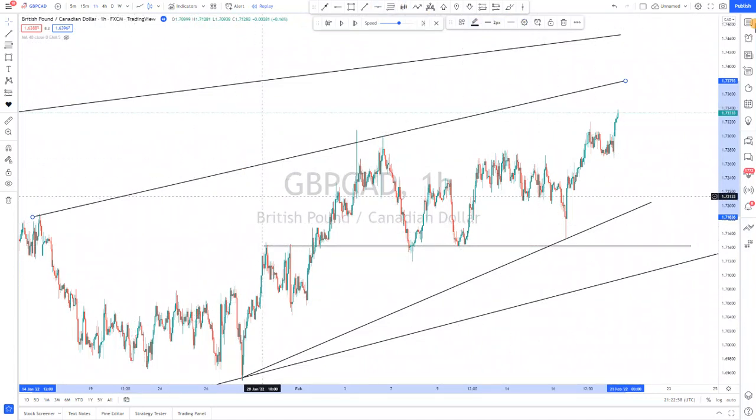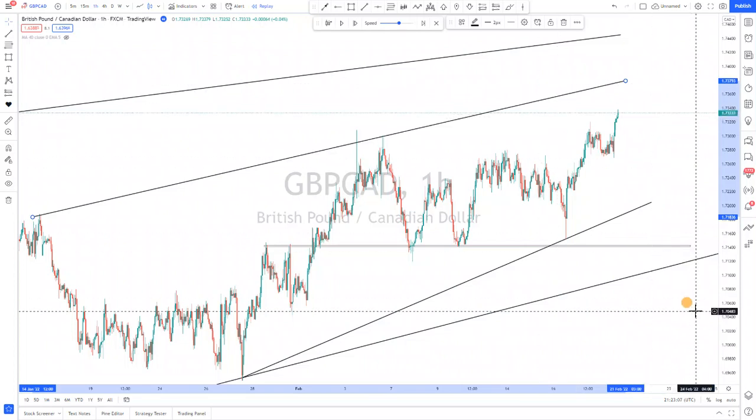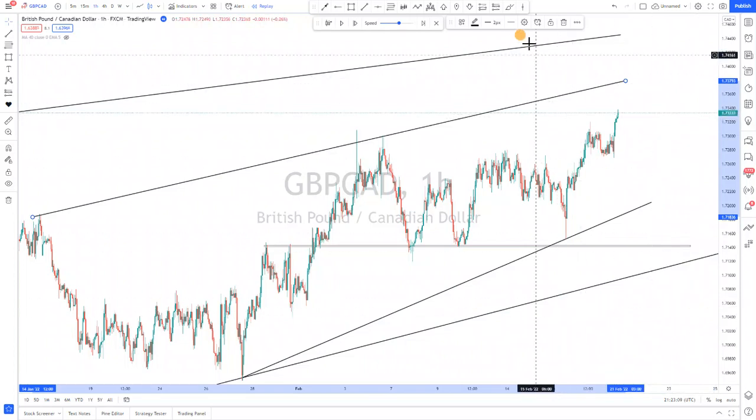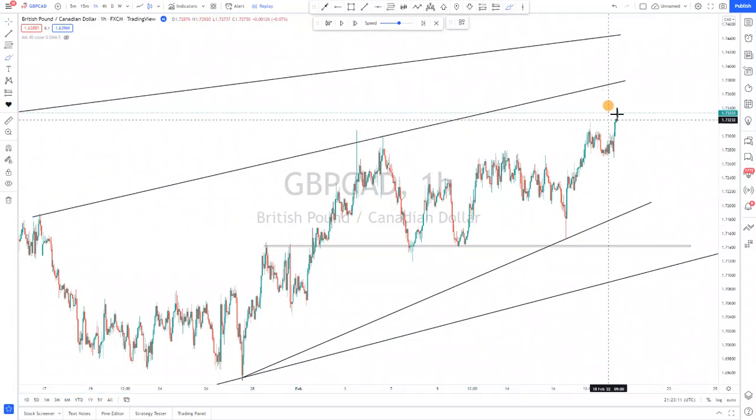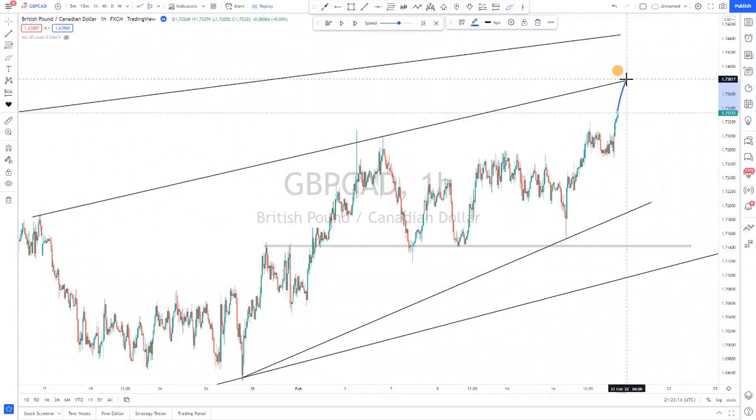So for now, this analysis tells me on H1 I have a rising channel or a rising wedge, because it is decreasing as it goes up. Same thing that I saw on a daily time frame. You understand? Same thing that I saw. So what I'm going to be looking for is whether the price comes to this high,